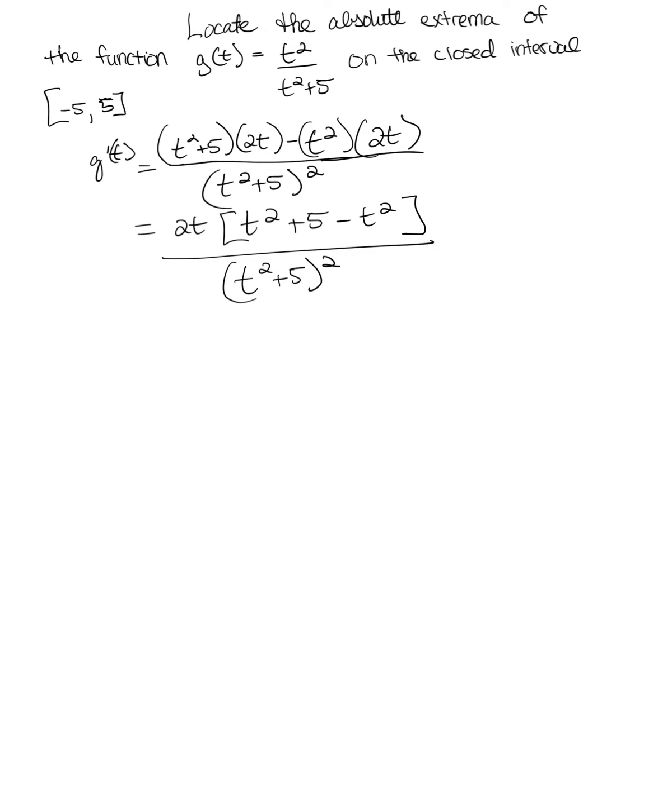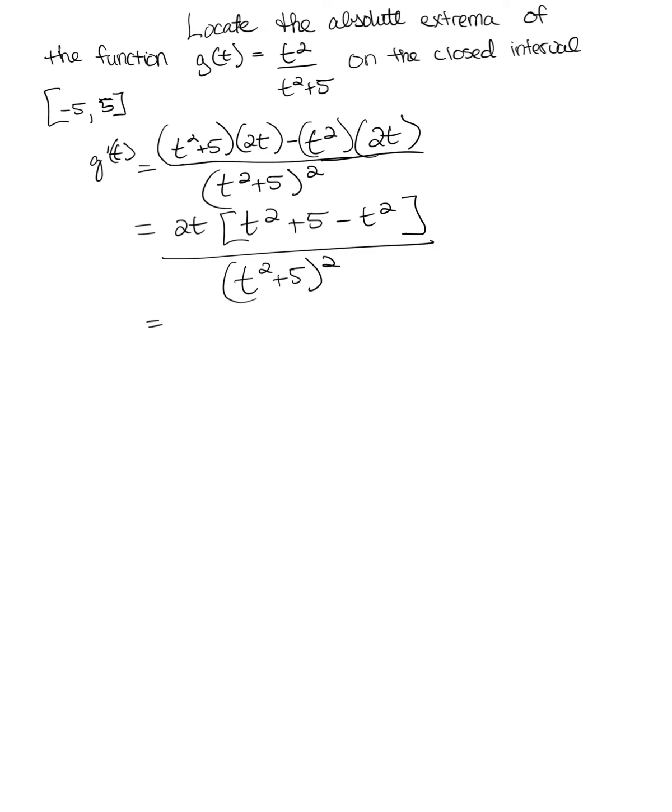So you see here we have in the denominator t squared plus 5, so we don't have any vertical asymptotes, and that's because this will never be 0. Even if t is 0, it's always going to be plus 5, so it's always going to be plus a little bit. Now if this was minus, you would have some vertical asymptotes here, and that would show up when you start to graph things, and you would also plug them in if they apply to your closed interval to see what's going on there and get some points. Okay, so